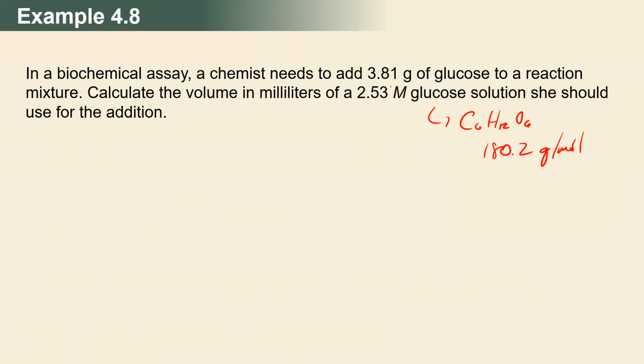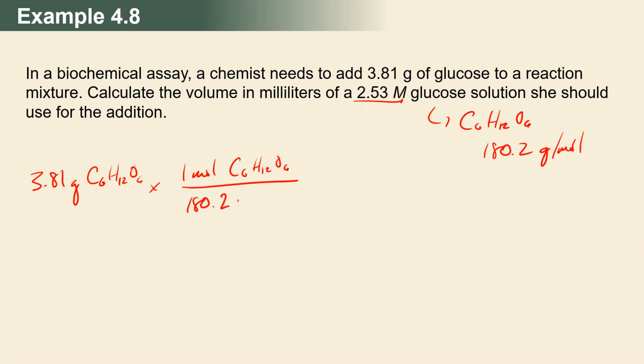Again, let's start with the one that's not a conversion factor, right? This converts from moles to liters. So we're going to start with 3.81 grams of C6H12O6. Now we need to convert that to moles so we can use our molarity. 1 mole of glucose is 180.2 grams of glucose. And then it tells us that for every,